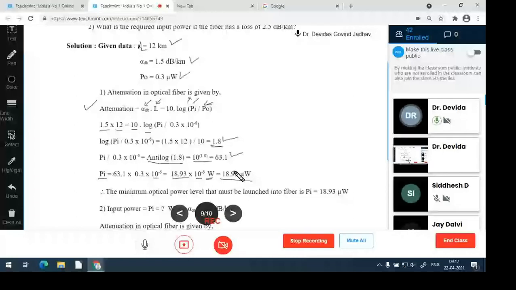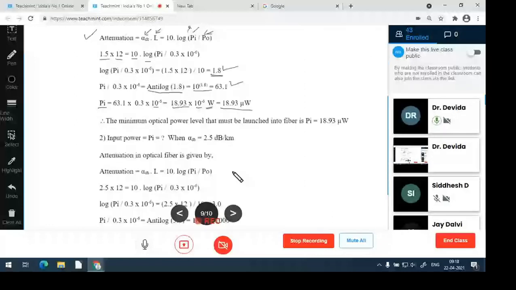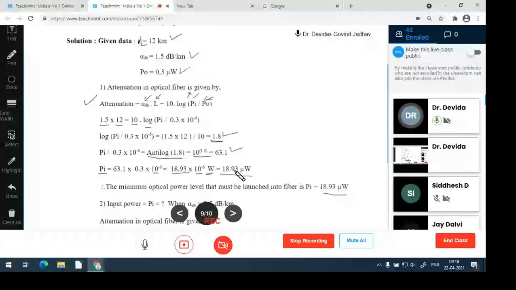So what is the input power we have calculated? 18.93 microwatt. Therefore, the minimum optical power level that must be launched into the optical fiber is Pi equal to 18.93 microwatt, to maintain the optical power at the output of 0.3 into 10 raised to minus 6. That is the first answer. The second calculation asked is what is the required input power